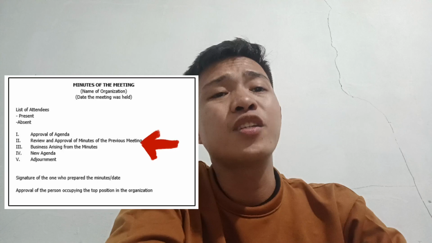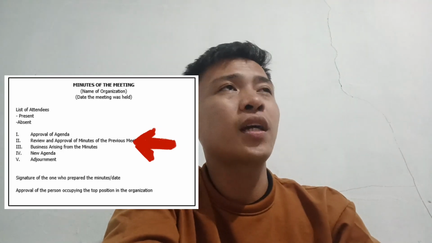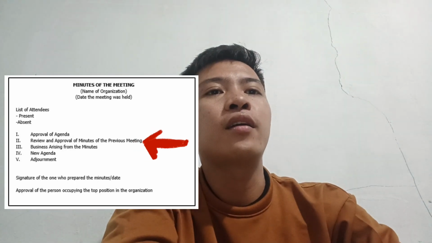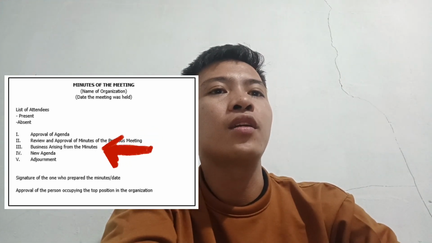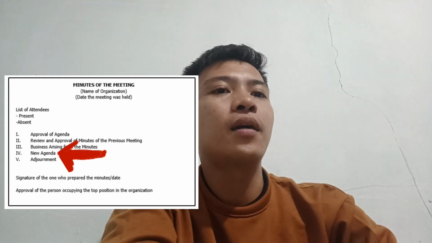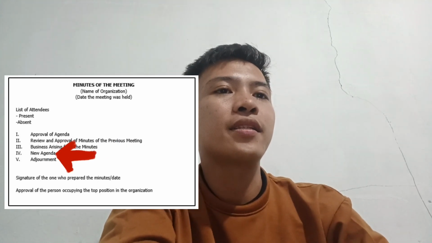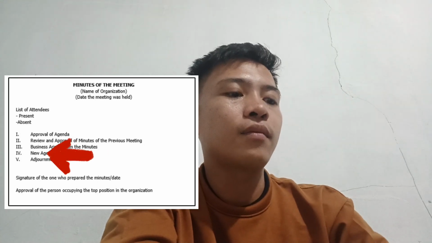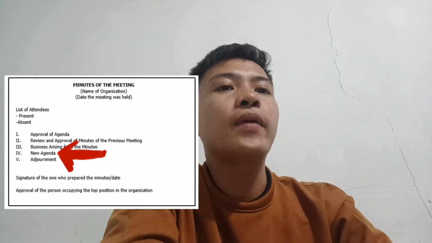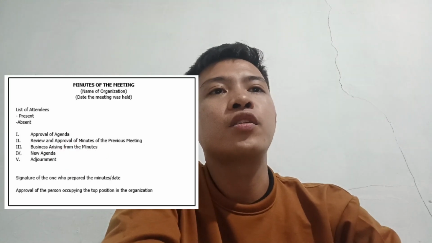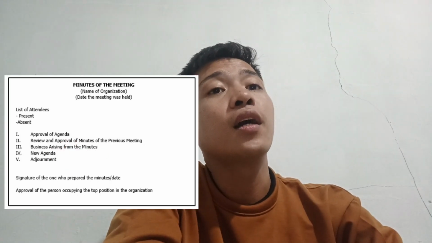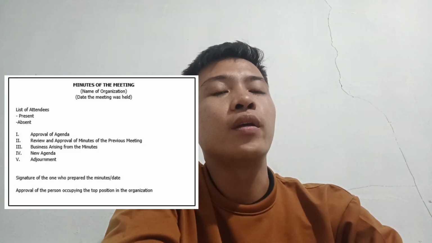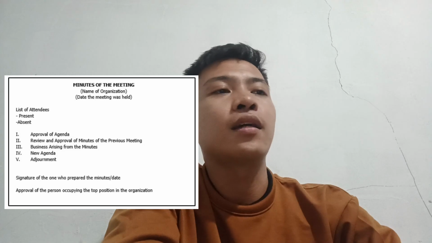If there are things to review, or shall we say the meetings you have had in the past, you may include them there. And then the business arising from the meeting, you include all the new agenda, write all the highlights there. This is actually a formal format, but we may make it a shortcut by writing the name of the organization, the date, list of attendees, both present and absent, and approval, and then going immediately to the new agenda, and of course